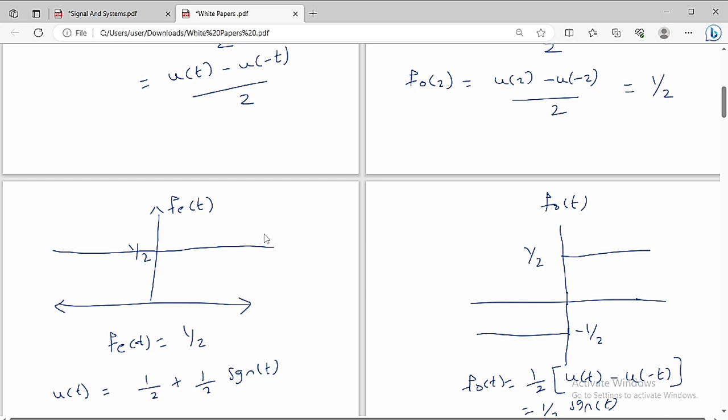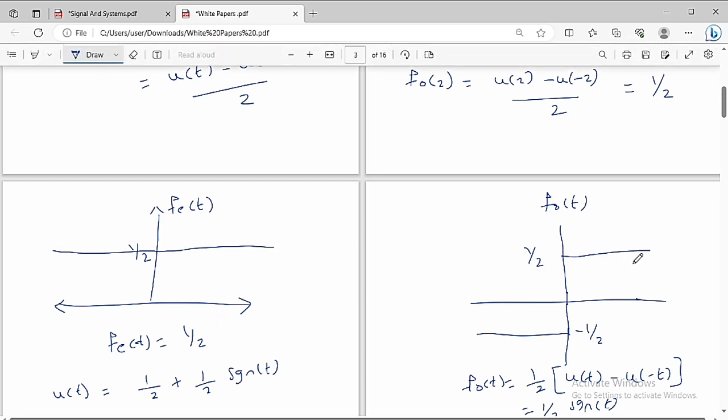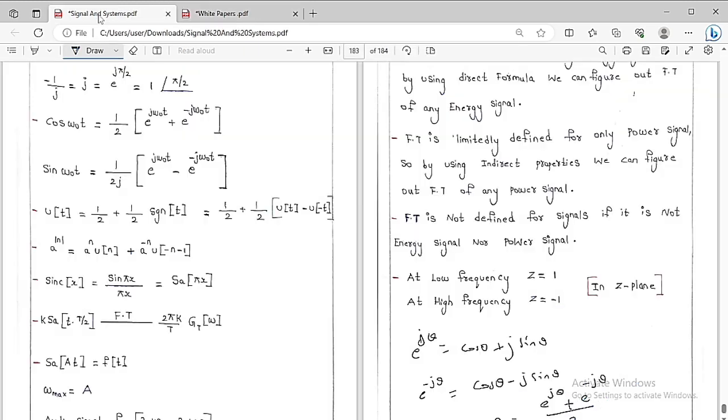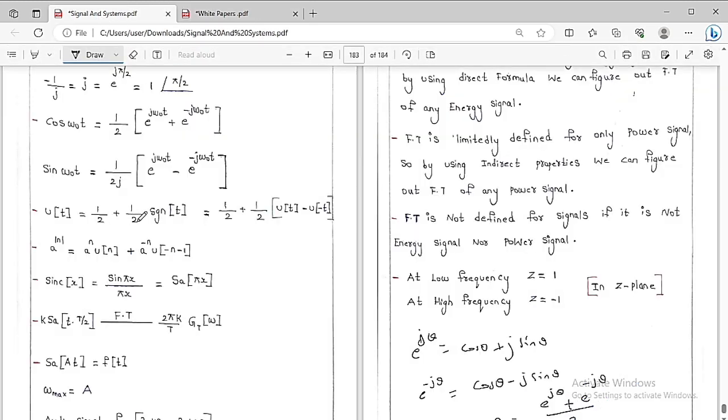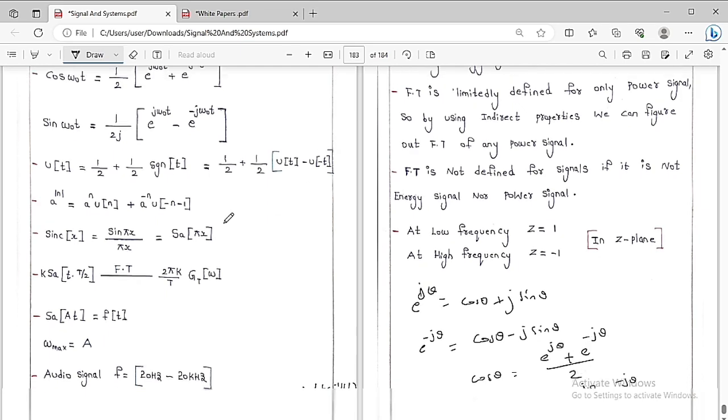So this is what I am trying to tell you. If you know the even part, then you just get the mirror image. If you find it within this domain, it is a piece of cake, just the mirror image. So try to find it for t greater than or equal to 0 for the odd part, and odd means reverse, just the mirror image of this one. So this is what we are going to do. So finally I can say what is u of t? Half plus half into sigma of t. Sigma of t is u of t minus u of minus t. This you can see clearly here. So now,